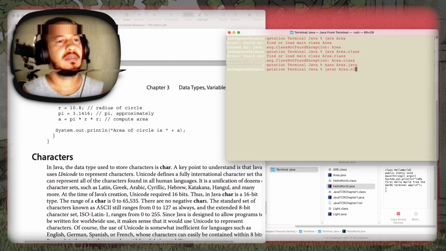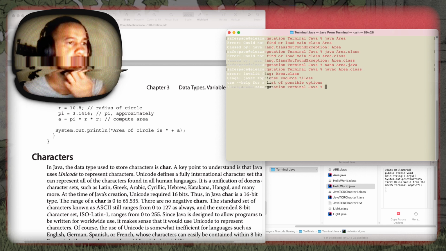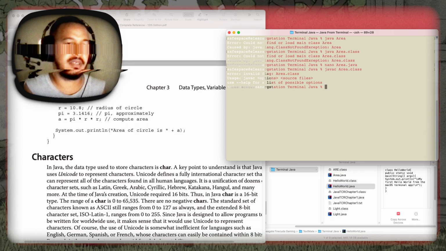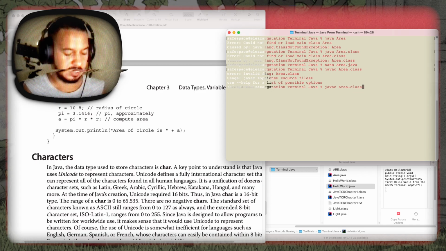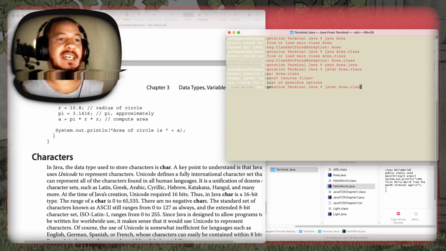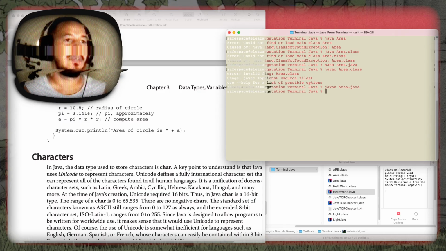Aria.class. Invert flag. I mean, oh my god, I'm being stupid. Anyway, okay. Java dot area dot Java. There it is compiling correctly. Okay, there we go. And now,